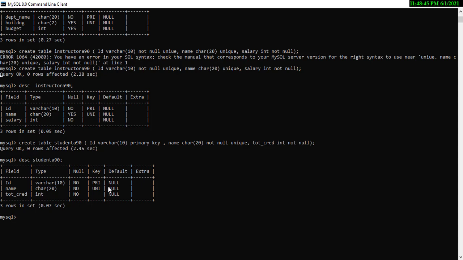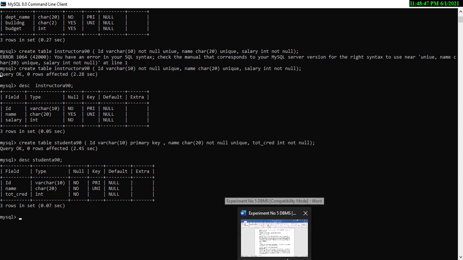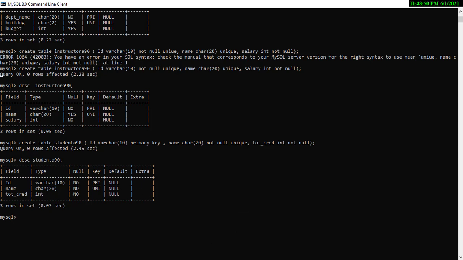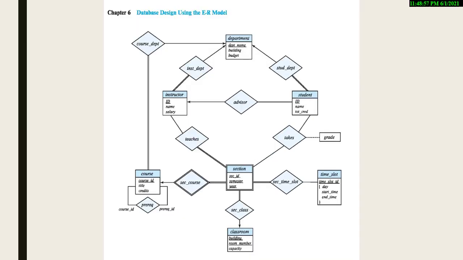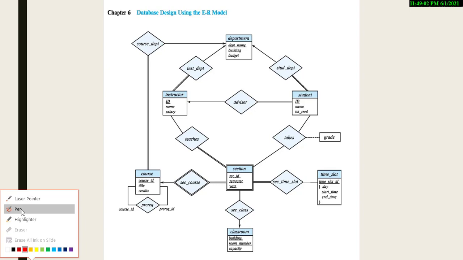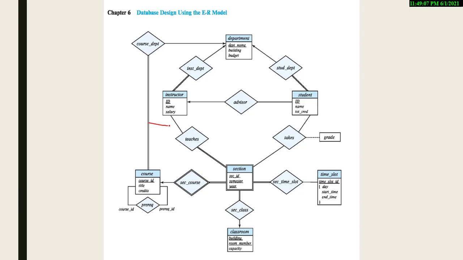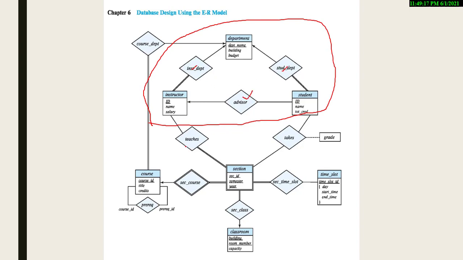So now I have created three tables with three different attributes. Now I am going to link these tables. What we are going to do today, because otherwise the length of the video will become very large and very difficult to upload, is consider only this much amount of the ER diagram, and I will be establishing these relationships also. And in the same way you can establish these relationships.